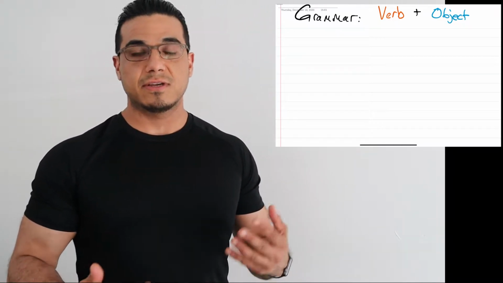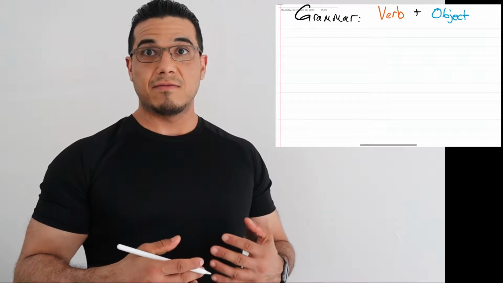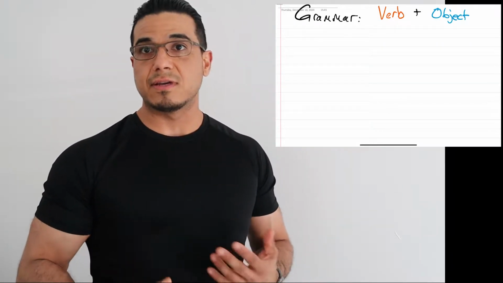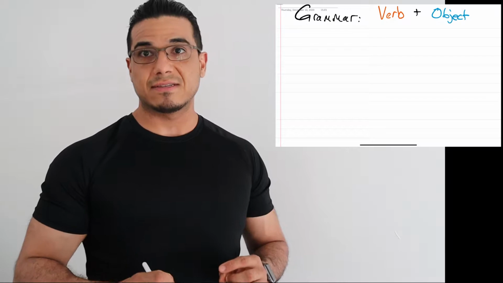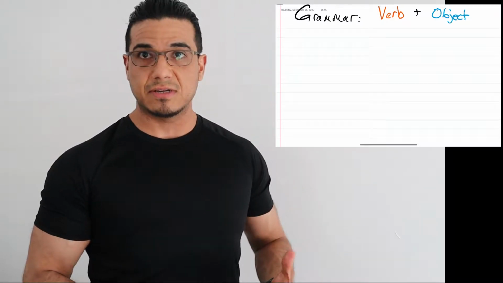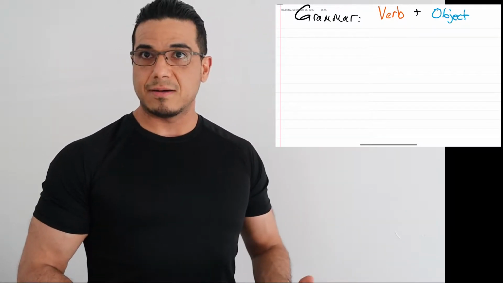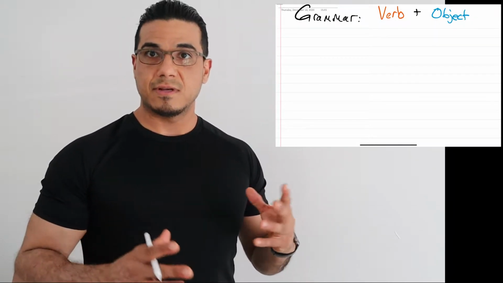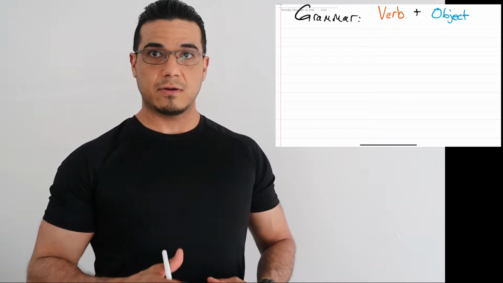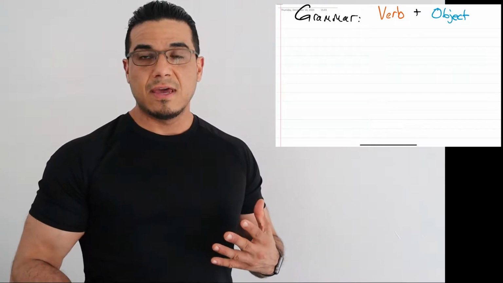In today's video, we're just going to concentrate on one of a series of sentence types that you can construct in English. This is a very basic sentence. It's going to be comprised of a subject, followed by a verb, followed by an object. Again, a simple sentence, very, very basic, but I did want to go over the formulation